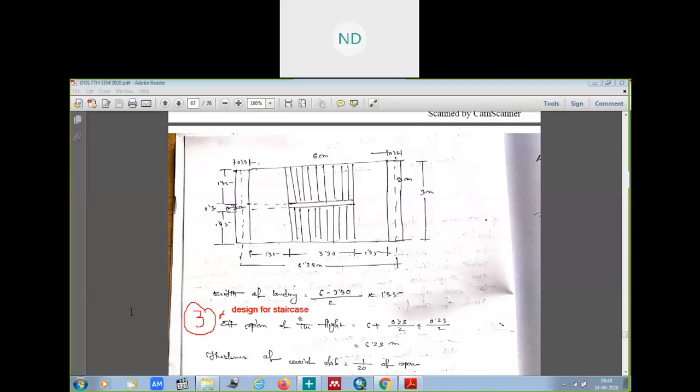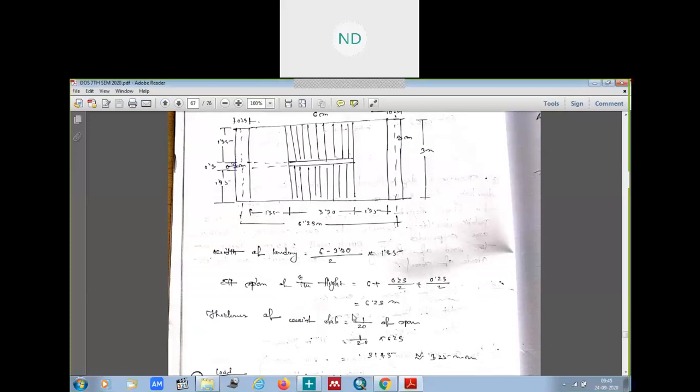Now what we'll do is find out the thickness of the waist slab. I have told you what the thickness of the waist slab was: 1 by 20 times to 1 by 25 times of the span, this effective span. So here for the thickness of the waist slab we have taken the minimum one, 1 by 20 times of the span. So this was our effective span. So how much is the thickness of the waist slab? It comes out to be this much,